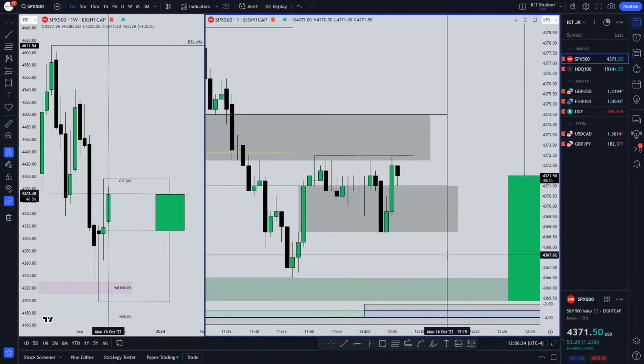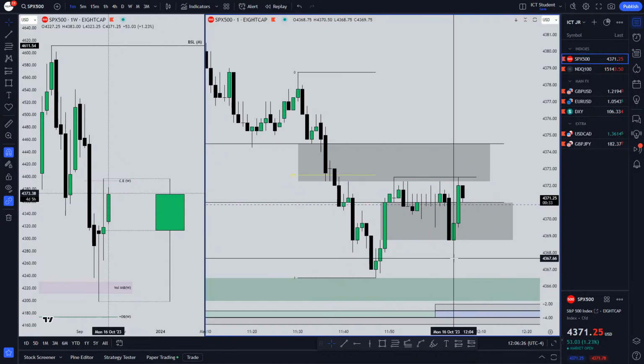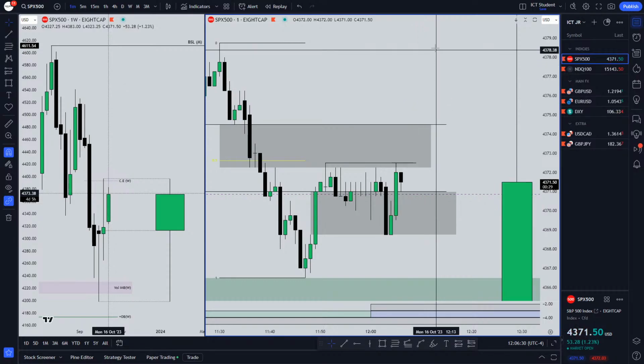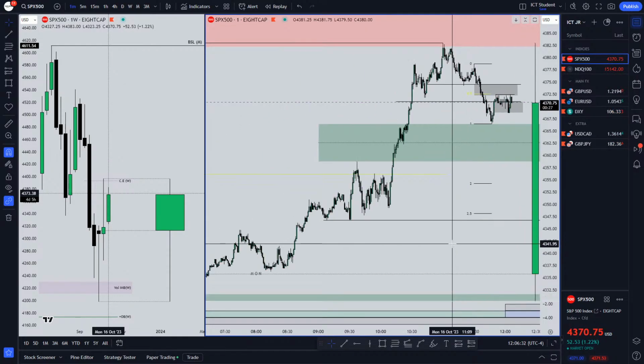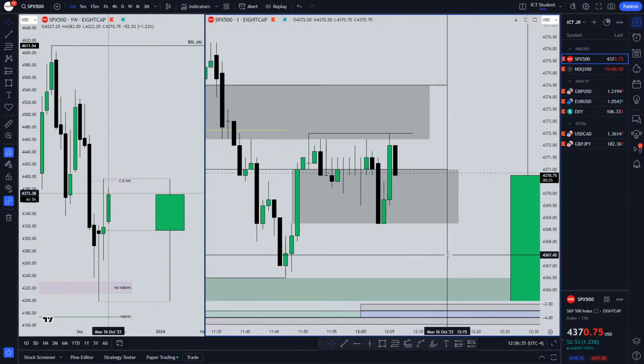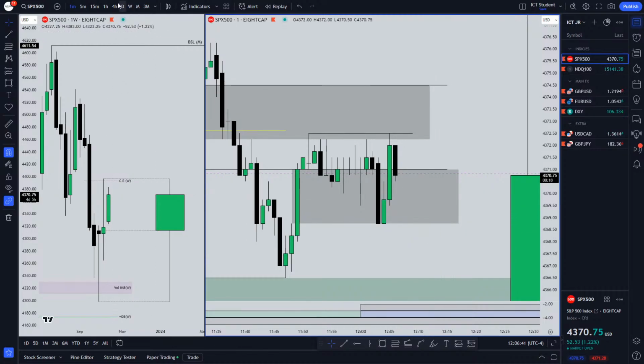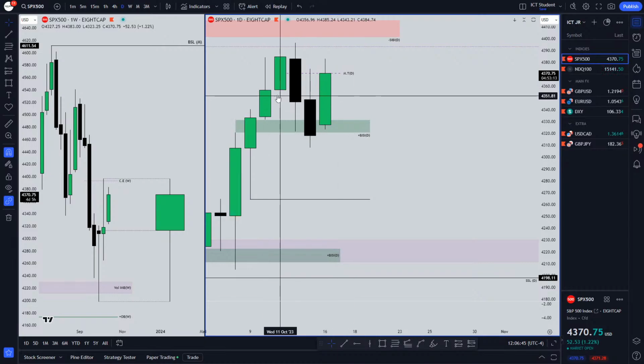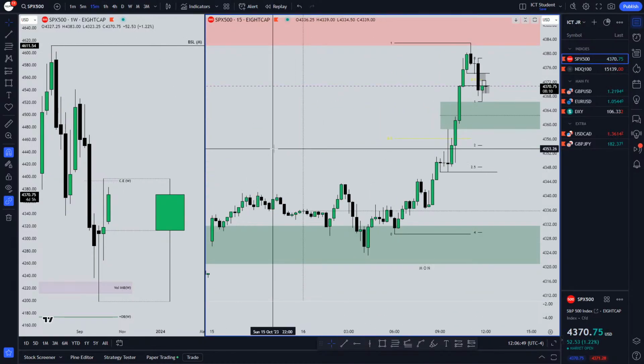Lunch session tends to be more like this right here. It's accumulation, the manipulation, and distribution. But I'm just watching the price. I'm not trying to do anything. We are inside that mean threshold of the negative order block right here that we created. Change the state of delivery. We're holding it very, very nicely.